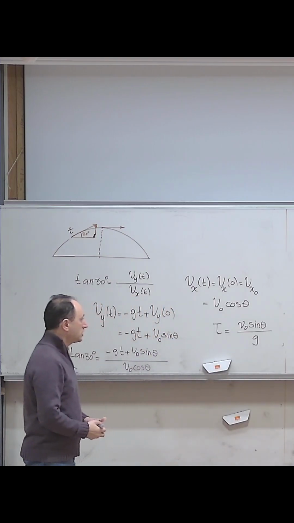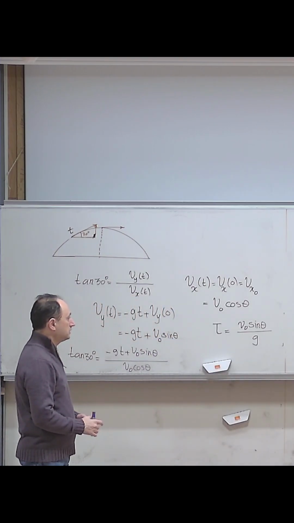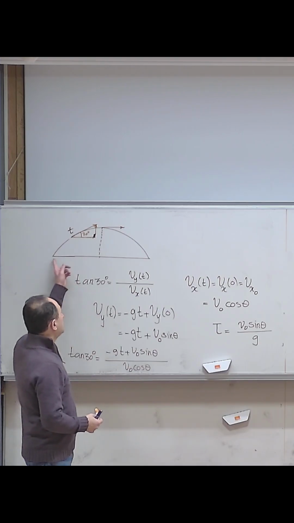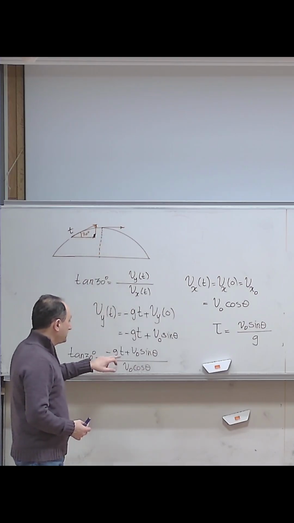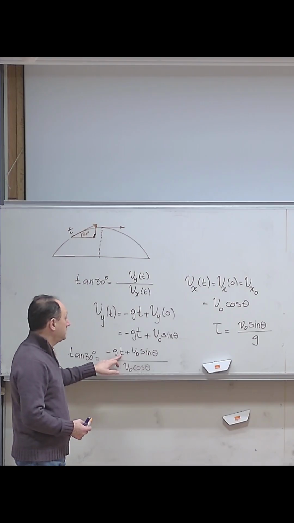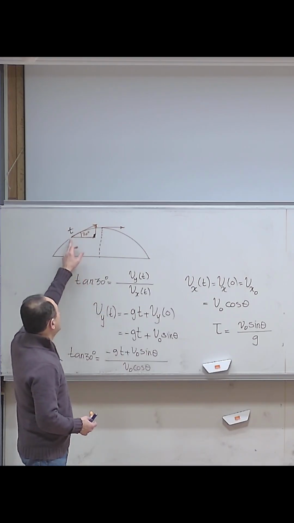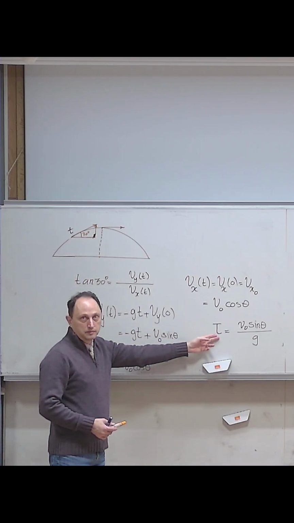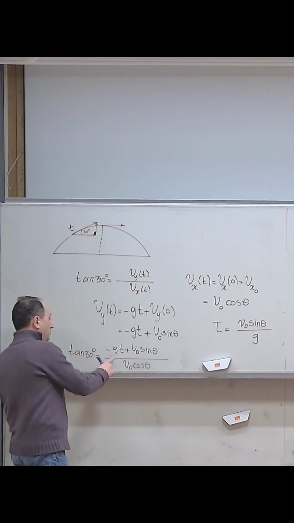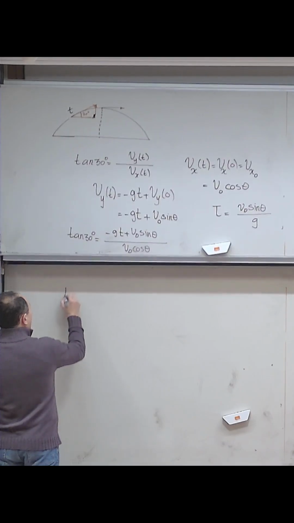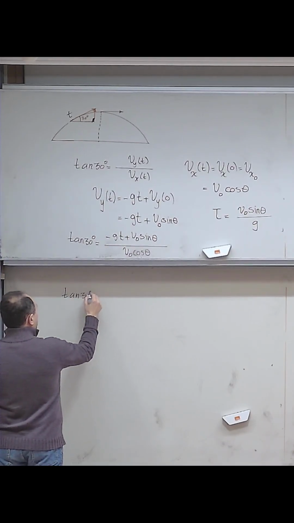This is the time that the particle needs to reach the top point. But according to the problem, the time at which the particle is here is 2 seconds before that time. So what I will do, I will go here and write tangent of 30 degrees is equal to